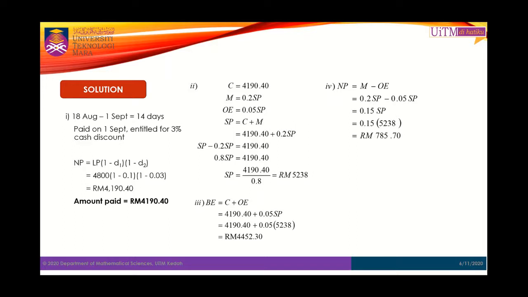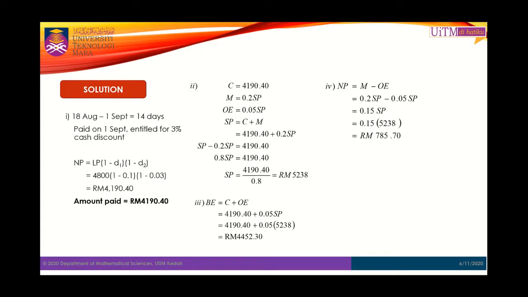So that means the net profit can be found by the gross profit or the markup minus the operating expenses, and the markup here is given by 0.2 SP, that is 20% of the selling price, minus 0.05 SP, that is 5% of the selling price. So here you get 0.15 SP, or 15% of the selling price. Substituting the value of SP with 5238,